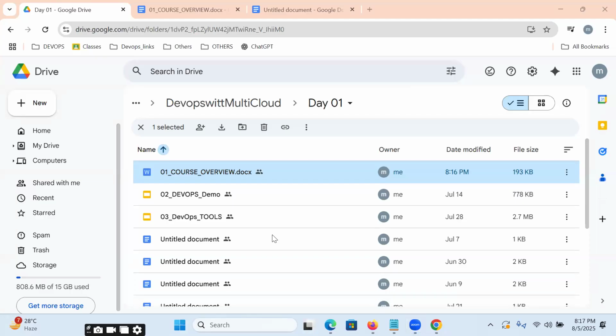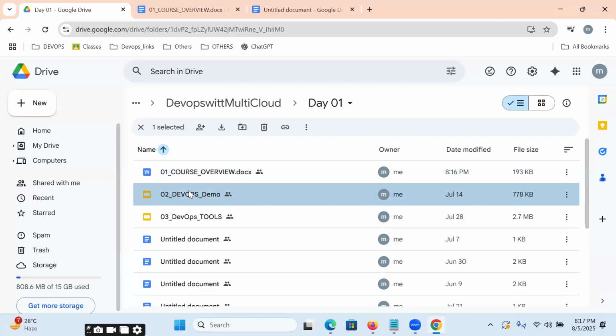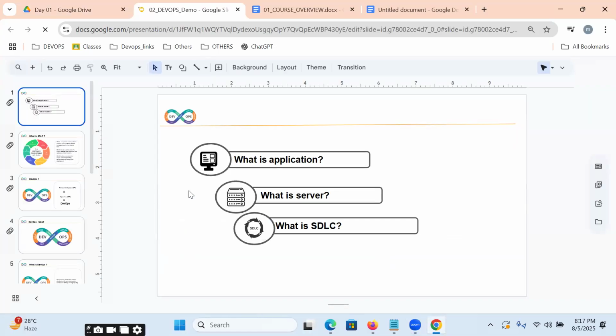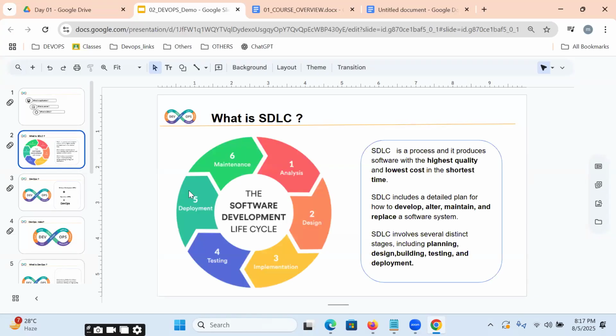Yeah. So before starting the session, let me introduce myself. My name is Maha. I have totally 15 years of IT experience. My career started as a Java developer. Then I turned into a DevOps engineer. For the last 5 years, I'm working as a senior DevOps engineer. It includes AWS and Azure. This is exactly my profile.